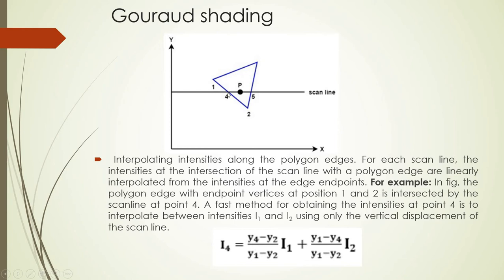So this particular point 4 is having X and Y, so I have denoted it as X4 and Y4. Similarly over here we are having X2, Y2, X1, Y1, and here we are having X3 and Y3. So Y4 minus Y2 means what? Y4 minus Y2 divided by this length, that is nothing but Y1 minus Y2, into the intensity of this